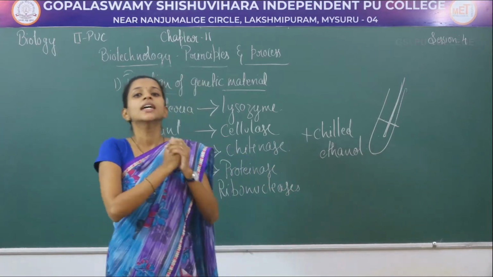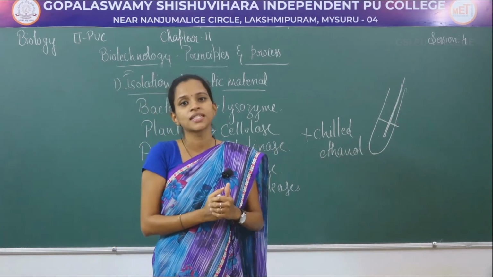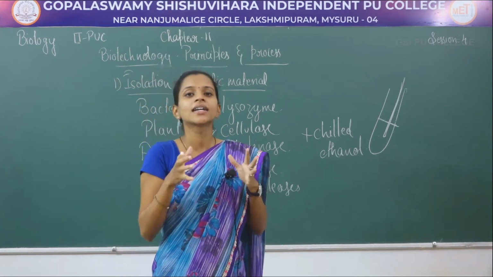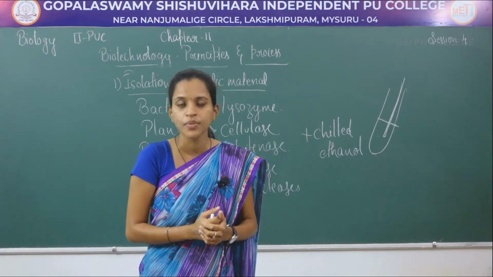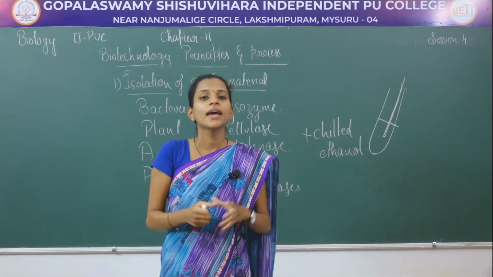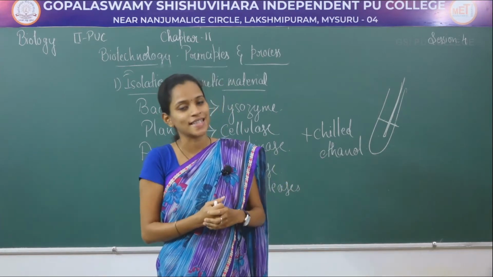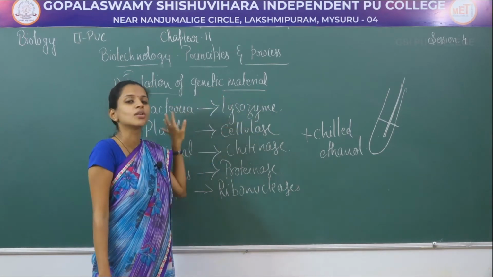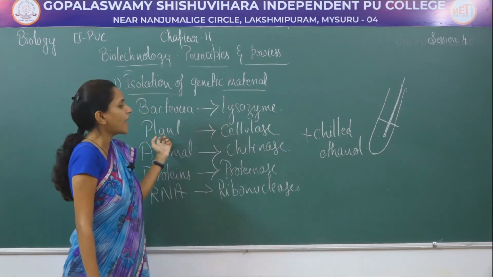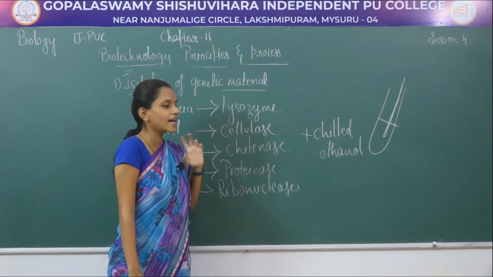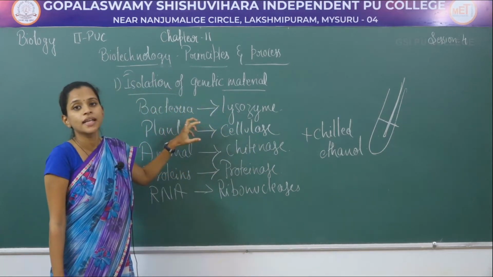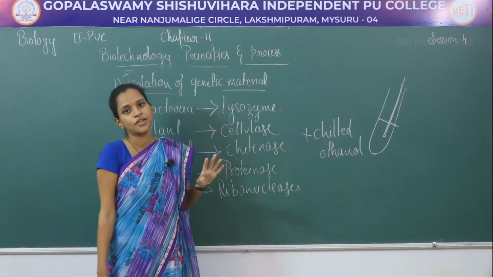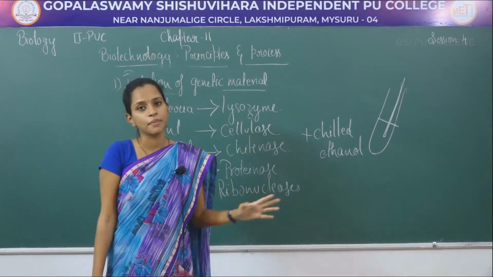Once again to discuss, a DNA can be extracted from a cell, or a restriction enzyme acts on that isolated DNA only under condition that it should be in its pure form. So, this pure form can be obtained by addition of different enzymes to the cell. If we take a bacteria cell, then we have to take lysozyme enzyme which dissolves the walls of the bacteria. For plant it is cellulase, for animal it is chitinase. So, the genetic material is present in which type of organism, based on that one specific type of enzyme will be added to break the walls or the membranes.